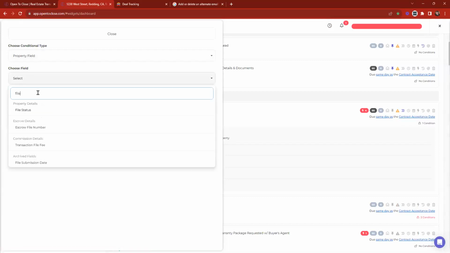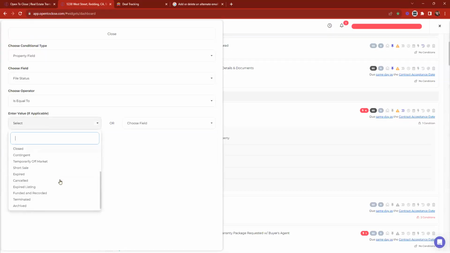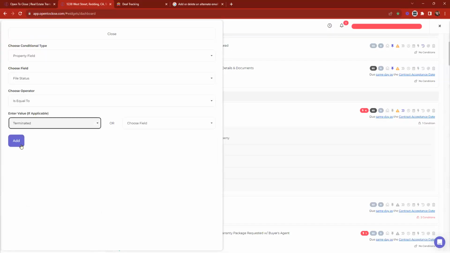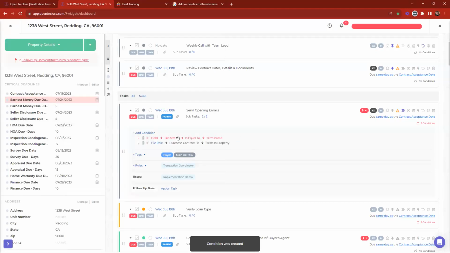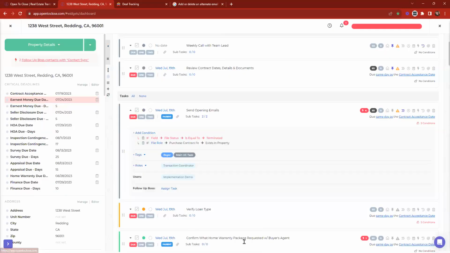We'll go ahead and do file status is equal to terminated. So here's an example of a condition that's not going to be met, right? Because technically this is under contract. It's not going to be terminated. But if we had a condition that was not met, here we can see this as file status equal to terminated. When I try to check off this task, it will not allow me because it has not met the